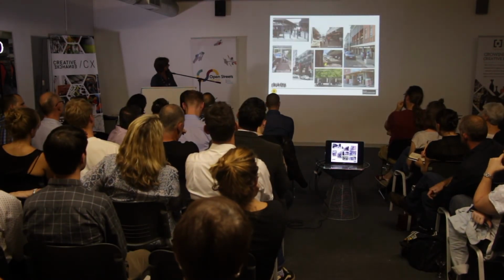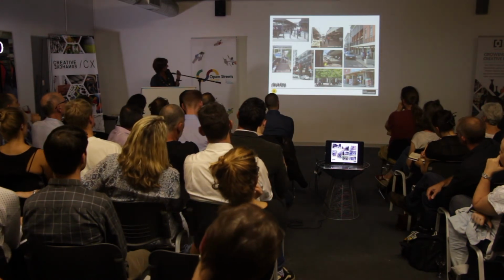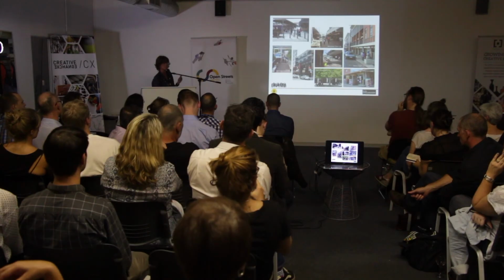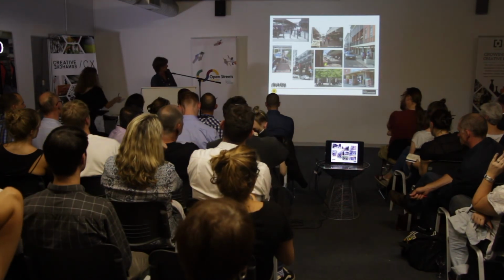from their surrounds. So these are just images to start thinking about what kind of place these TOD environments might be, especially in the context of the Metro Southeast. And Mitchell's Plain CBD, for me, is a really good example of the potential. The only thing for me that it doesn't do is that it doesn't include residential, and it's not vertical enough. So if you added residential to the mix, we might come close to what a successful TOD environment might be. It's got the buses, it's got the rail, and it's got feeder services.